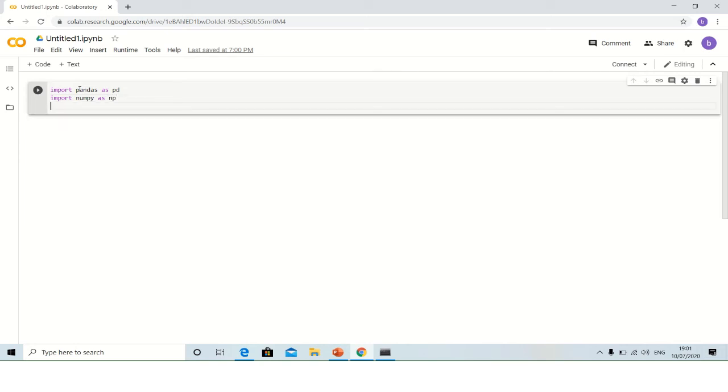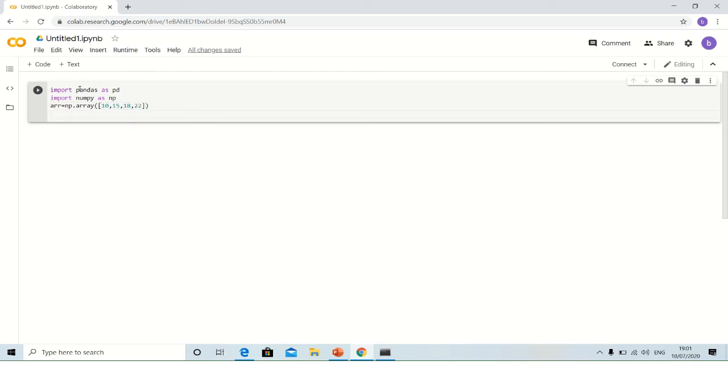Here pd and np are aliases; you can write any alias or nickname. Now arr equals np.array of 10, 15, 18, 22. These are the data I want to display. Next is s, where I am storing my series.